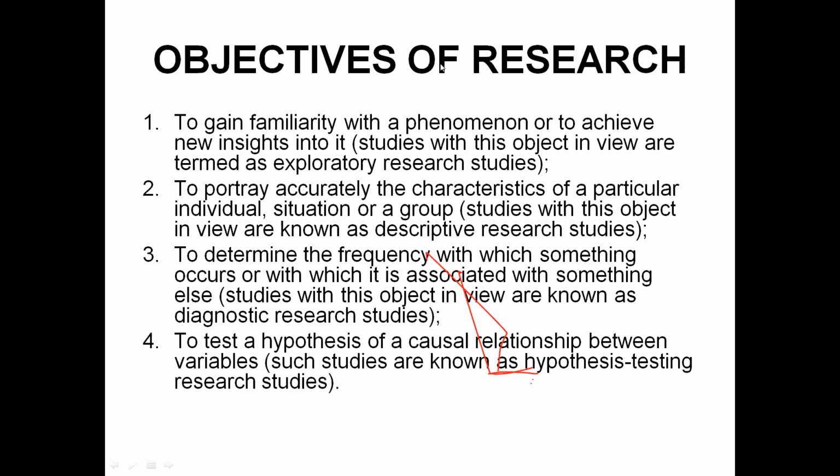So thereby you will prove, or come to know, that if you manipulate the independent variable by 1 point or 2 points or 3 points, or maybe 1 lakh, 2 lakh, 10 lakh, whatever the number is, how much influence it will have on the dependent variable. That will help you to take decisions, especially when to invest more in advertisements and when not to invest more in advertisements. This decision you can take.